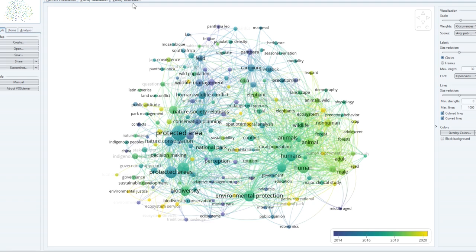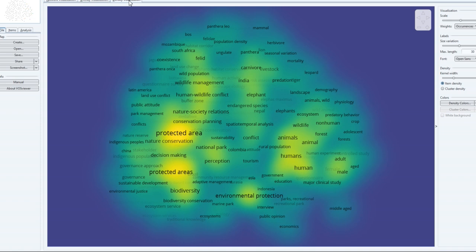Also we can do density visualization. A density visualization will show how a particular area is being focused. So these protected areas